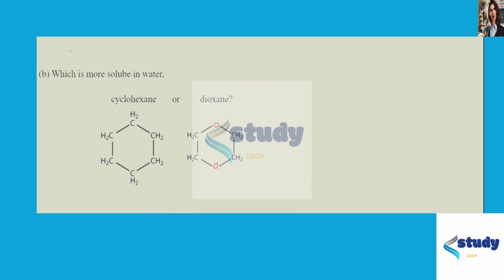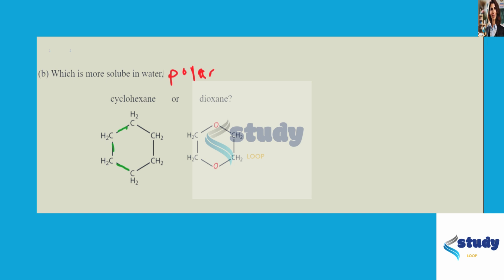Part B says, which is more soluble in water, cyclohexane or dioxane? Recall that water is polar again. So if water is polar, we're looking to find the solute that's also polar. Cyclohexane has all of these carbon-hydrogen bonds that are nonpolar, while dioxane, while it looks very similar